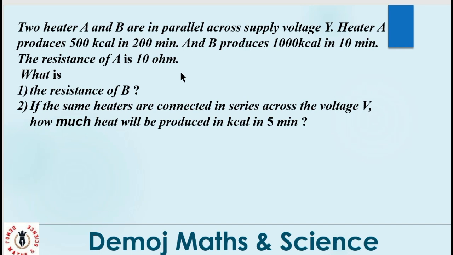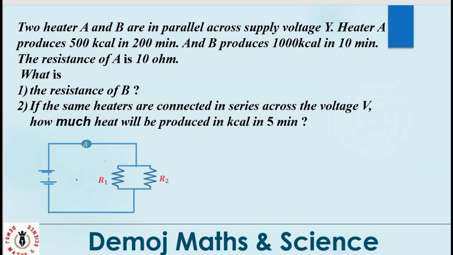Now, the first thing I want us to do is to envisage the parallel connection between heater A and heater B. Here is a parallel connection. Let's tag this as our heater A and this as our heater B, and here is the voltage source V. Since these resistors are connected in parallel, the voltage V across A will be the same voltage V across B. Now, the heat energy dissipated on each of the heating elements will be given as